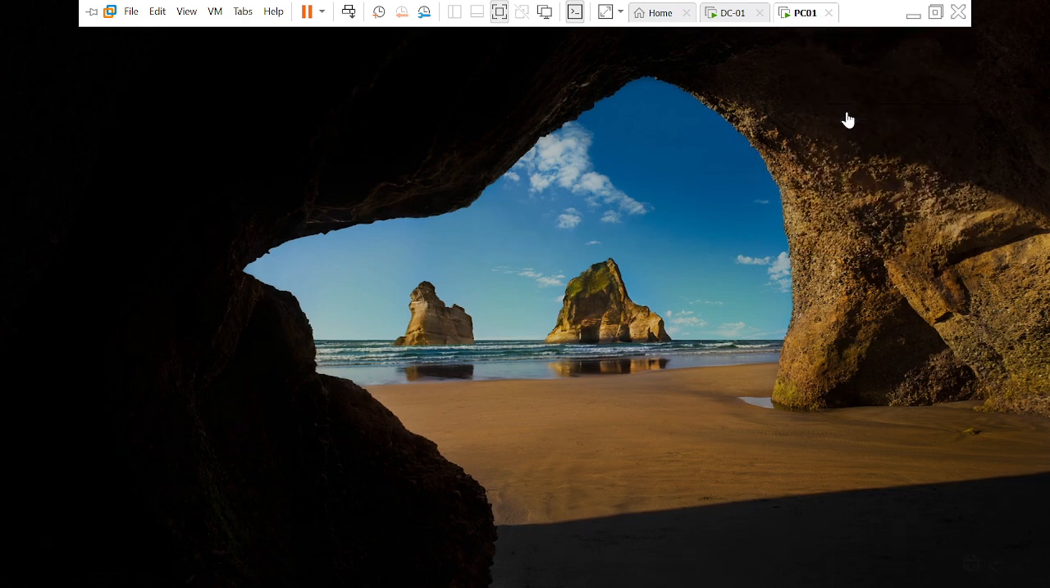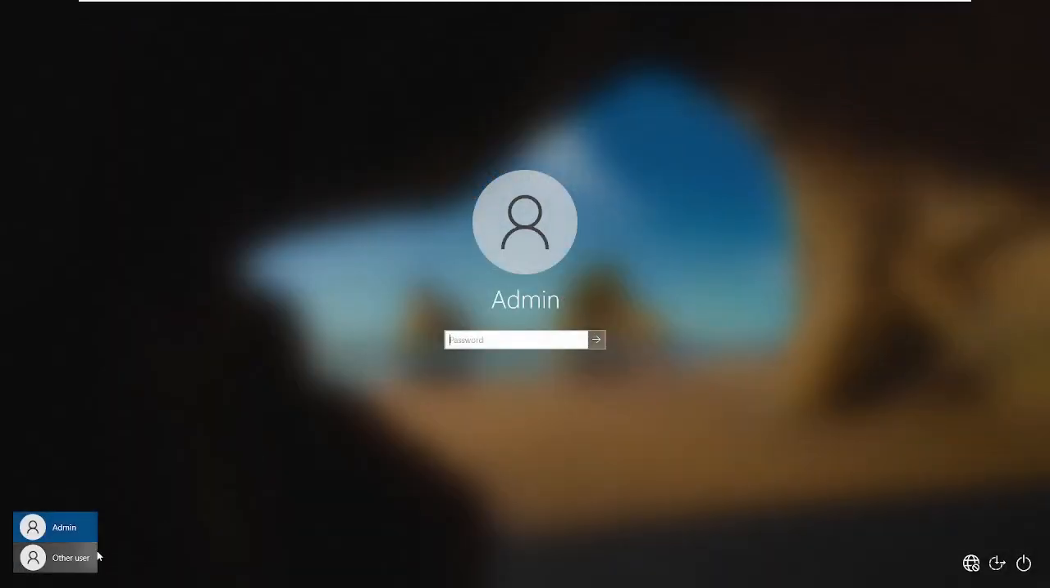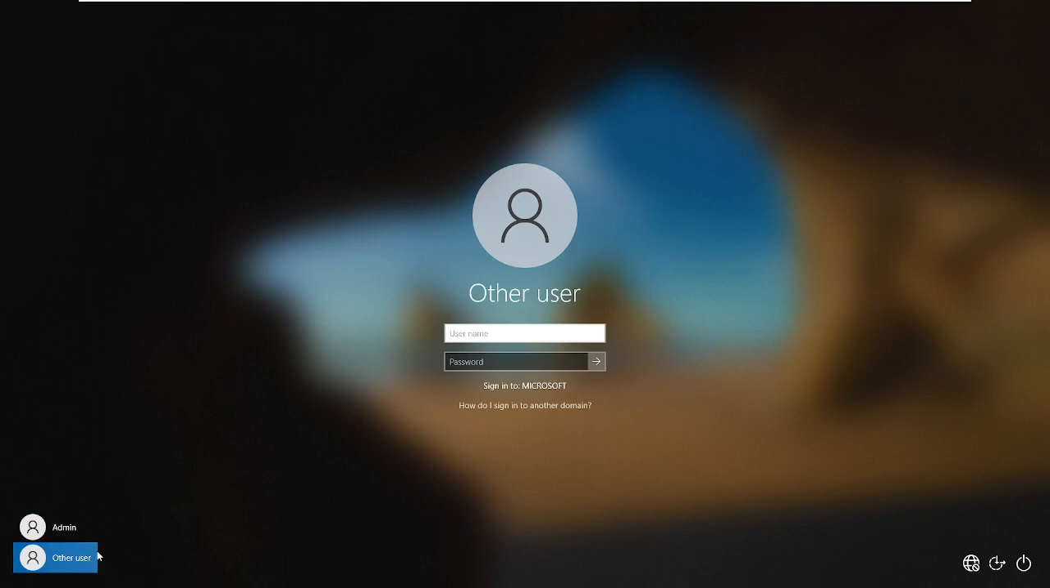Let me log in. As soon as I log in now, I should not log in as a local admin. I should log in as a domain admin. See, as soon as I click on other user, it is showing me Microsoft below. Either you can put administrator@microsoft.com,